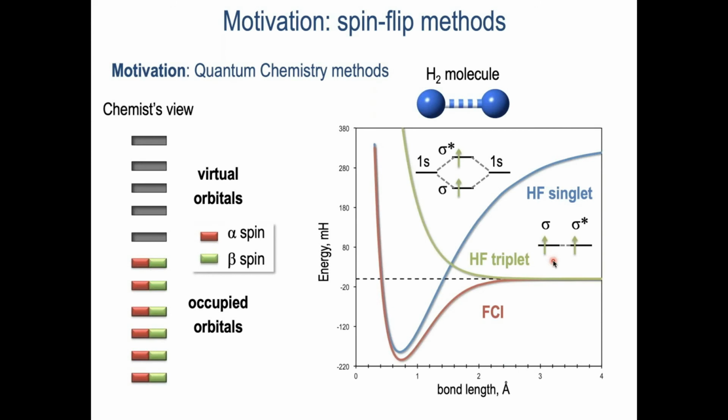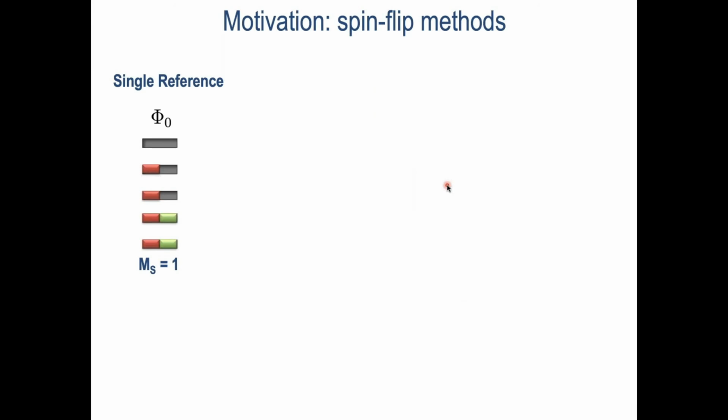In the triplet, we put 1 electron in each one of these orbitals, and it doesn't matter the separation between the 2 atoms. This triplet state is always well defined with just 1 Slater determinant all along the dissociation. So spin flip methods take this fact as basically the starting point in order to build